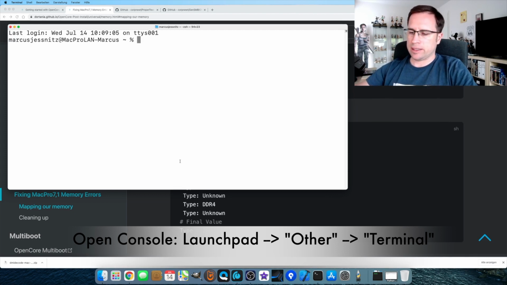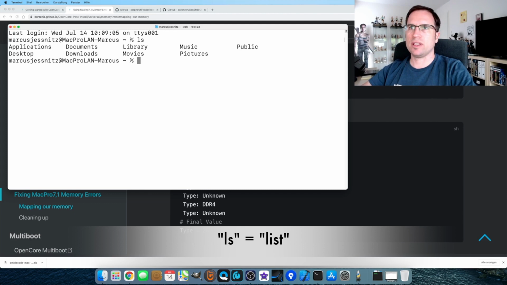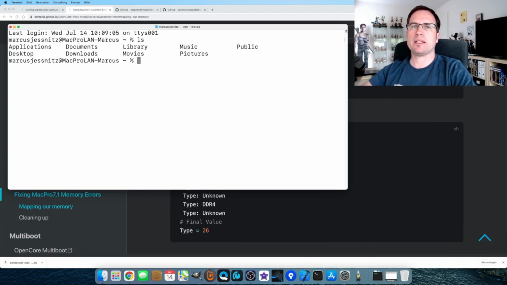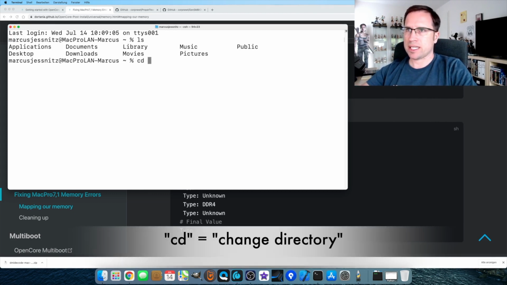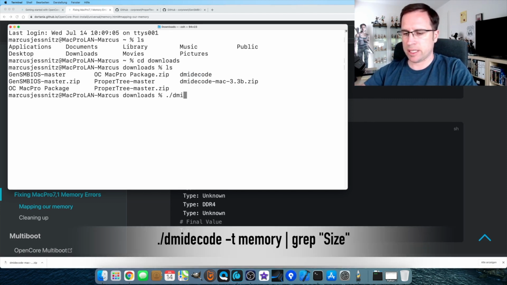You can just work yourself through all this, but let's try one command that you need. When you open up the console, first I do ls for list, and you see I'm in my home folder. So I say cd downloads for change directory, do another ls, and then we're in the downloads folder, and you see here there is the DMI Decode tool. It's in the downloads. And to use this, you just type ./dmidecode